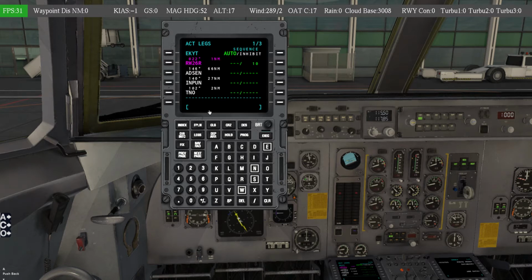The FMS system is a bit odd, let's just say it that way. But you can work your way around it. You just need some practice and know how to get around some of the main issues you can get into. Because one of the